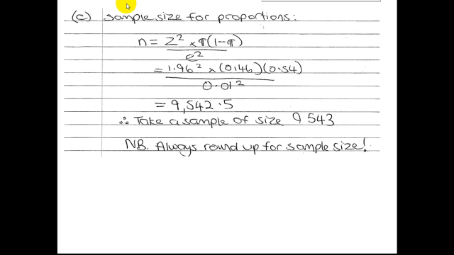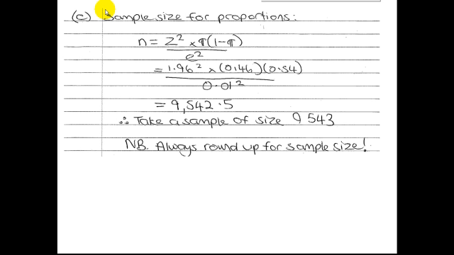Once you've identified that it's really just a sample size question, a sample size question for proportions, we've already got the z value from the confidence interval. We've got our estimate for pi. We're just going to use the sample proportion p. So at that point we can substitute everything into the formula. Z is 1.96, our sample proportion p is 0.46, and the error term is the bit we're adding and subtracting, 0.01. Do the squaring, finish off the calculation, and we end up with